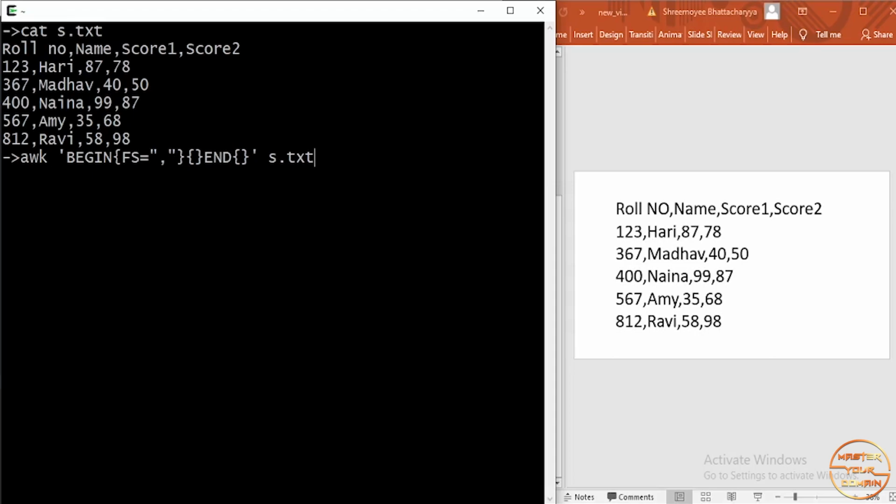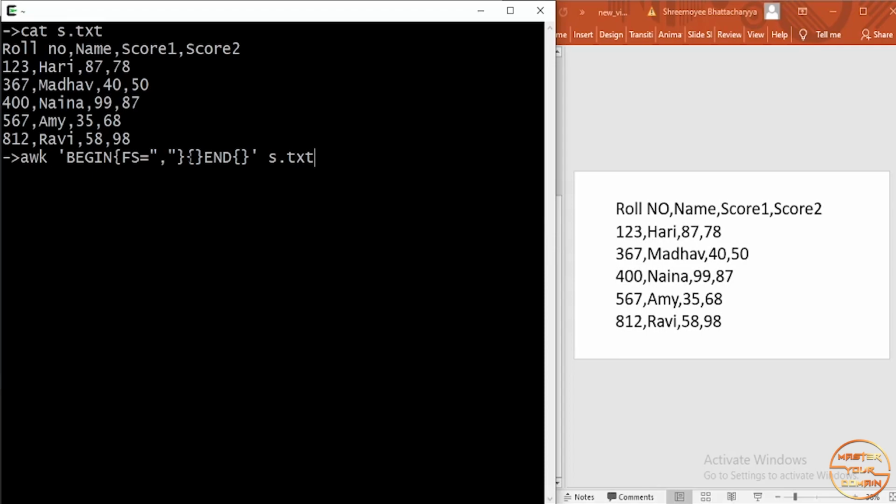So first the begin block is executed, and it is mentioned here that the field separator of the input file is comma. If you don't mention it, then by default the input file's field separator is considered a space. In that case, it will think that 123, Hari, 87, 78 is totally a single field, like the value of a single column.